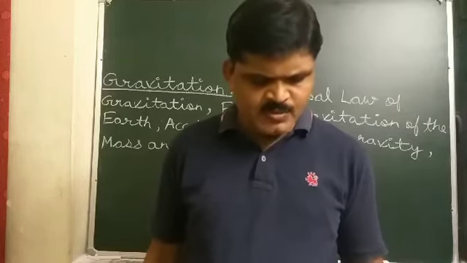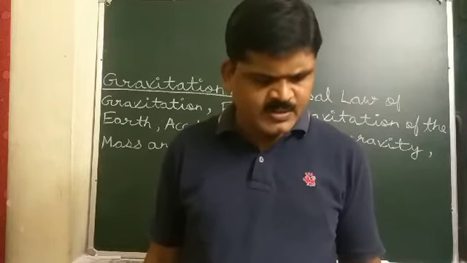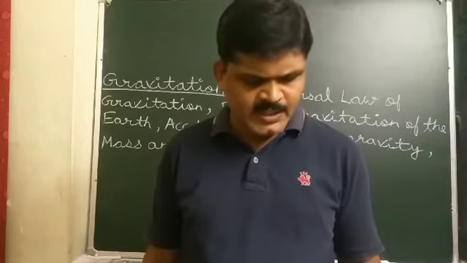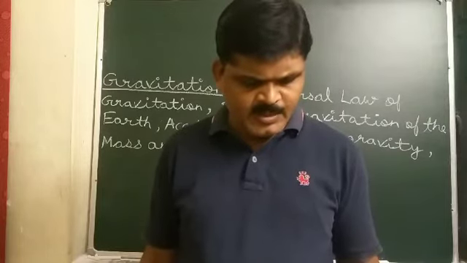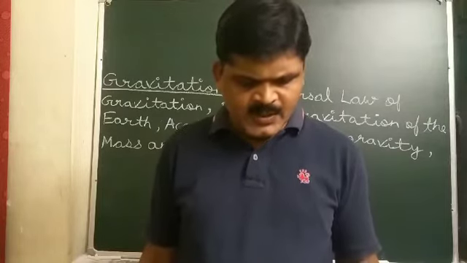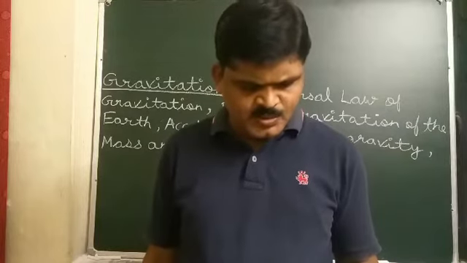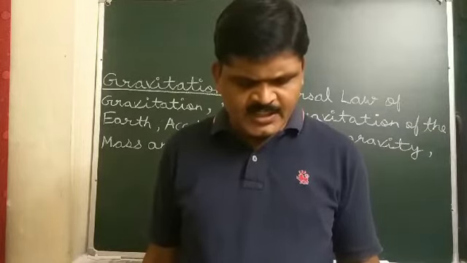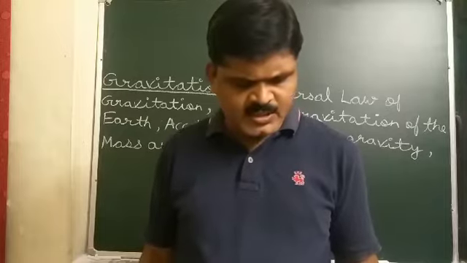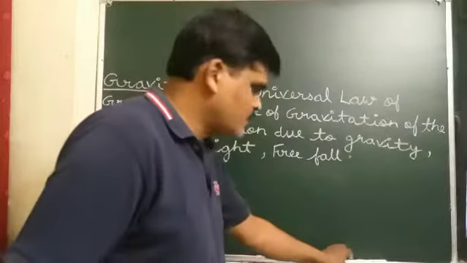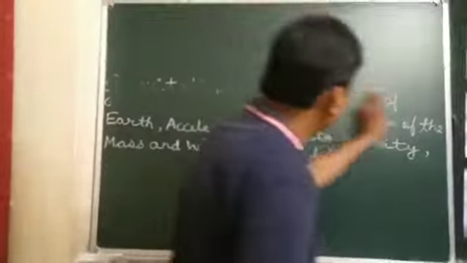A stone is thrown vertically upward with an initial velocity of 40 meter per second. Taking g equal to 10 meter per second square, find the maximum height reached by the stone. What is the net displacement and the total distance covered by the stone? So students, question number 15